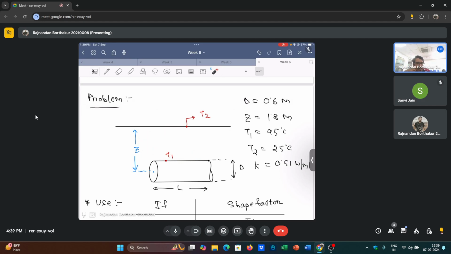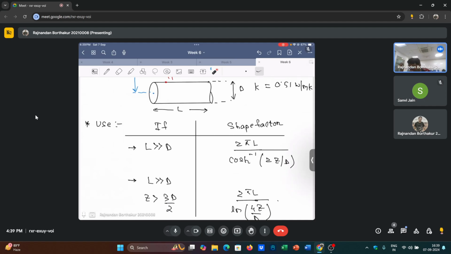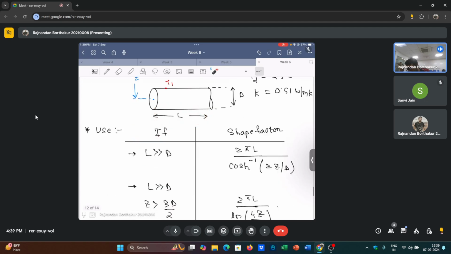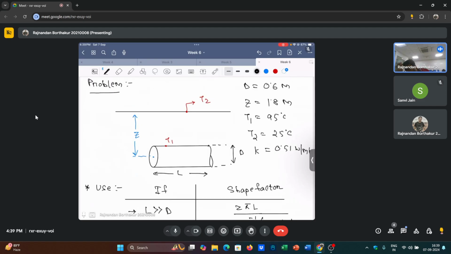Then this can be easily solved by using the shape factor analysis. If you look into the textbook of Incropera, from which I have taken this, it says that if my length is very much larger than d, and if z is greater than 3d by 2, your shape factor will be 2 pi L by ln of 4z by d. And here, indeed, you can find out that 3 times d by 2 becomes equal to 1.5 times 0.6,